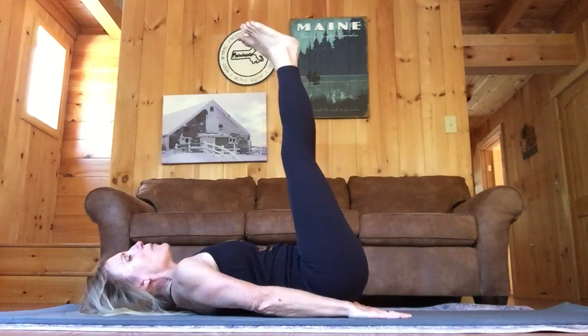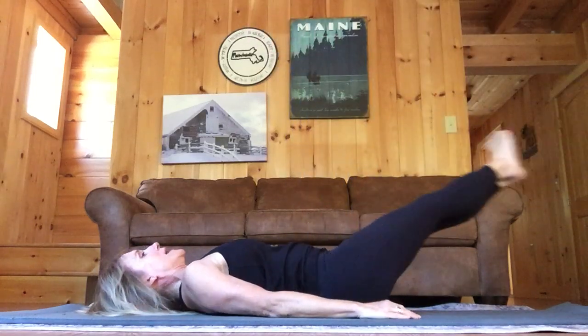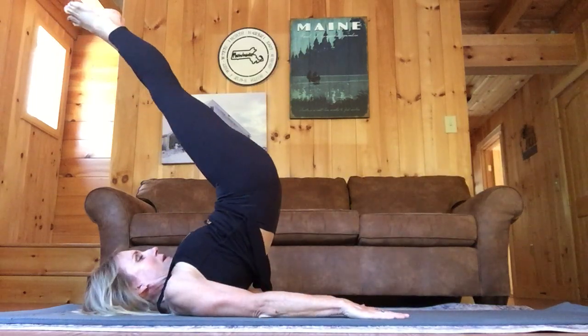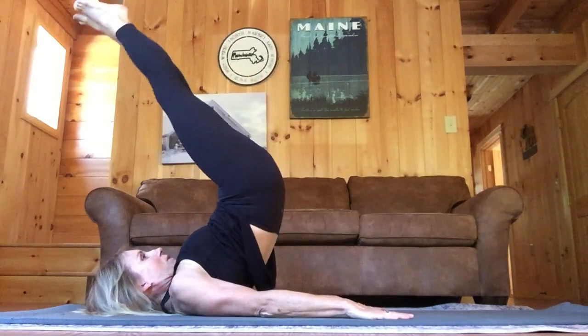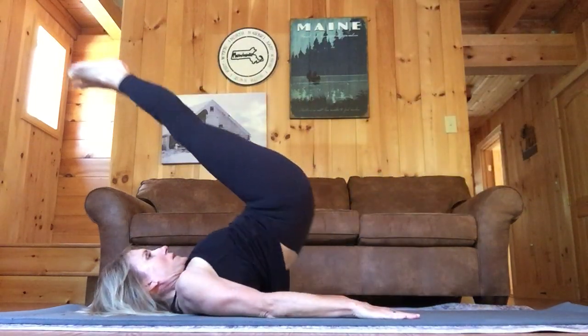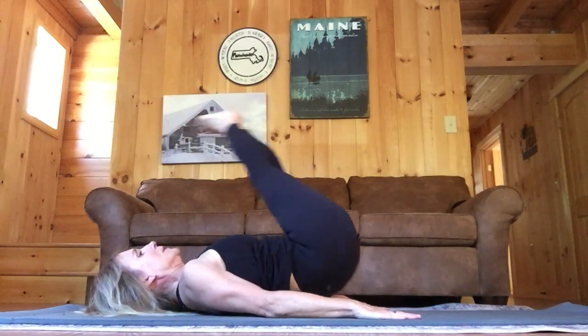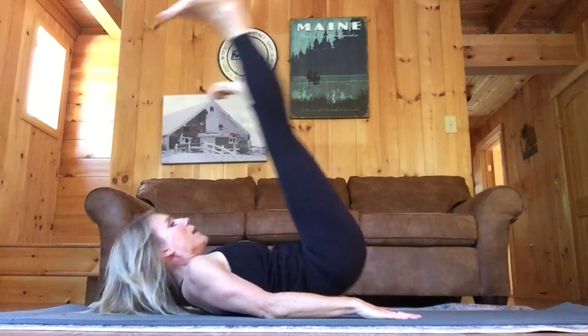And then we're going to do a couple more each way, adding the jackknife in, the more advanced version. Inhale and exhale up. Reverse, inhale, exhale up. Last one to the right. And then the left. And as you roll on up, it's back into a seated position, this time a little bit wider, and the